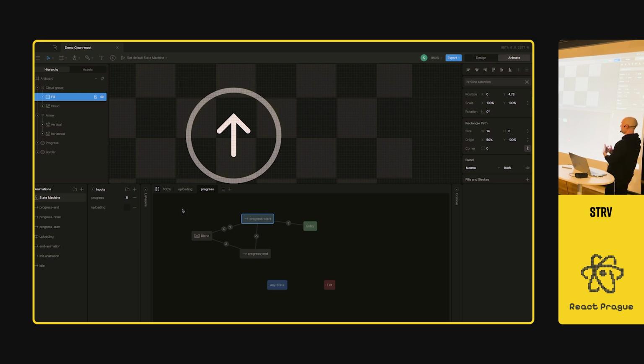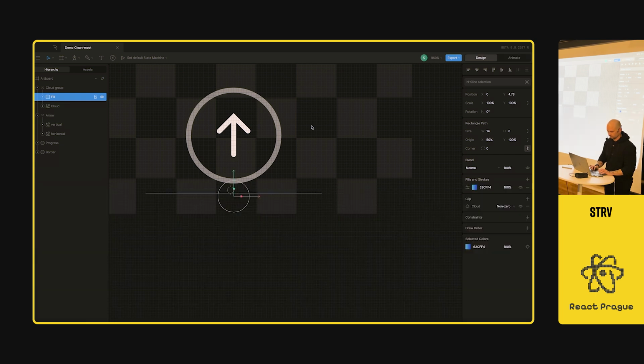Now what remains is to trigger the state. You have two options. Either you can just use it as it is, wrap it in some component in your app and trigger the animation by ref. Or you can use a listener, which we can apply here in the Rive editor, and trigger it when the action occurs. So to do so, we can